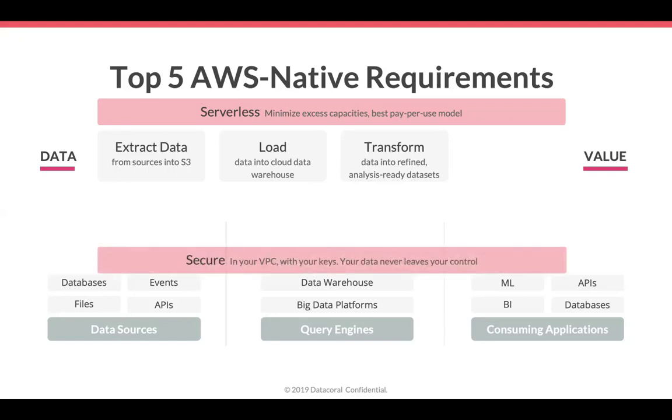Number 2 is security. And running this whole infrastructure, not in our environment like SaaS vendors do, but actually in your environment, like your IT organization wants you to do, right? One of the largest issues that we're constantly running into is customers worrying about losing control of their data. Absolutely.